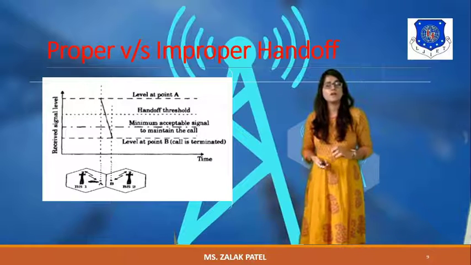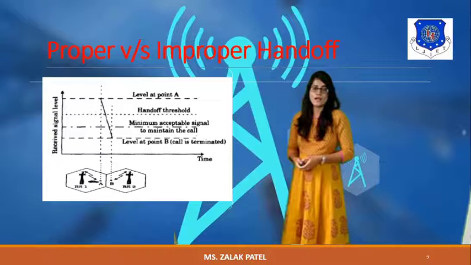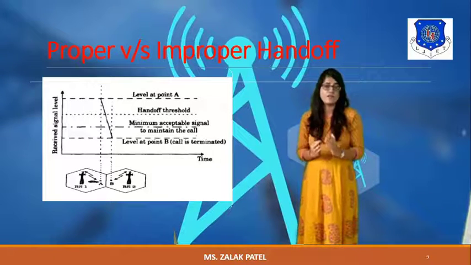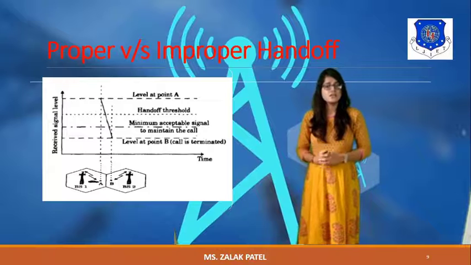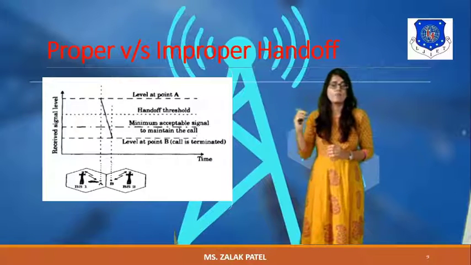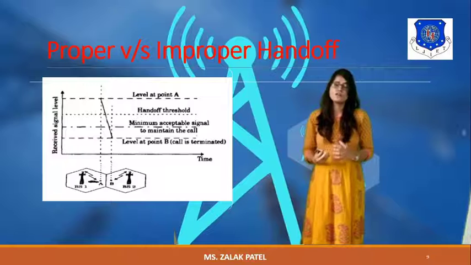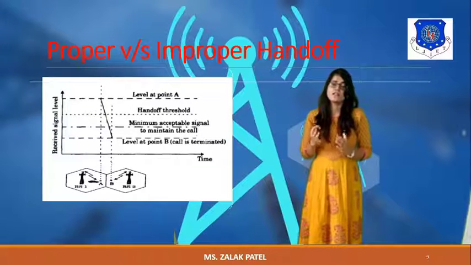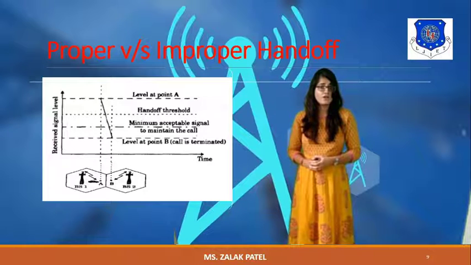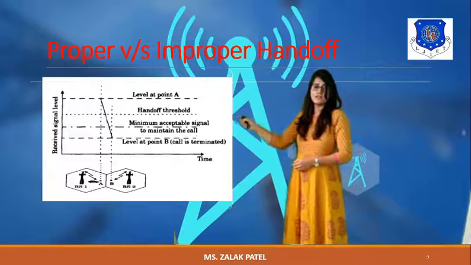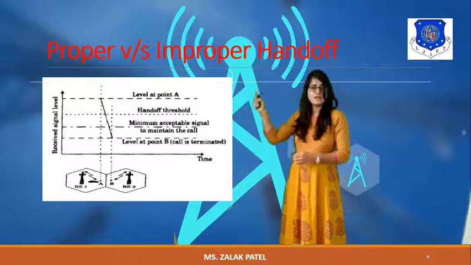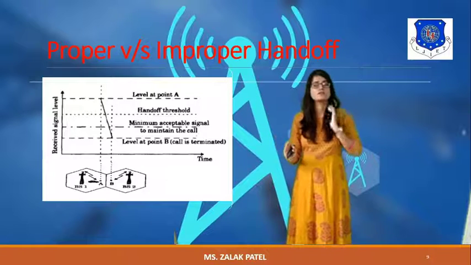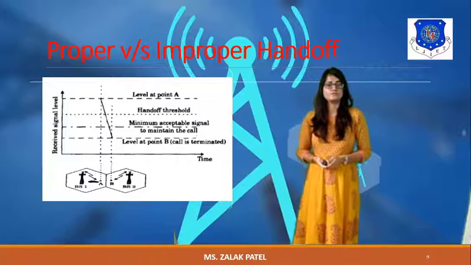In the case of improper handoff, you can note that the signal is completely dropped because of the delta value. Delta is basically the received signal strength minus the applied radio signal strength. So if the received signal strength is less than the applied, then it is an improper handoff case, and you can see in this figure that the signal strength is reduced, meaning no handoff will occur in the case of improper handoff.